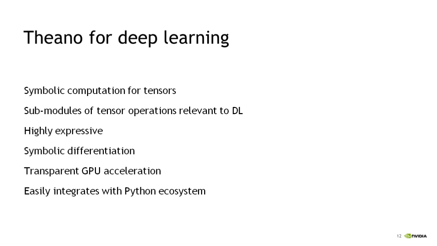So nothing I talked about there is specific to deep learning. That was purely a symbolic maths and compilation example. So why is Theano so widely used for deep learning? It has a number of useful features that we'll talk about in detail. So as I mentioned, this symbolic computation, symbolic variables and symbolic expressions are not just for scalars, vectors, or matrices, but indeed for multidimensional tensors.